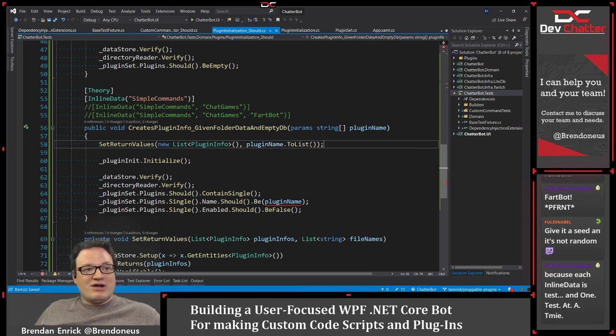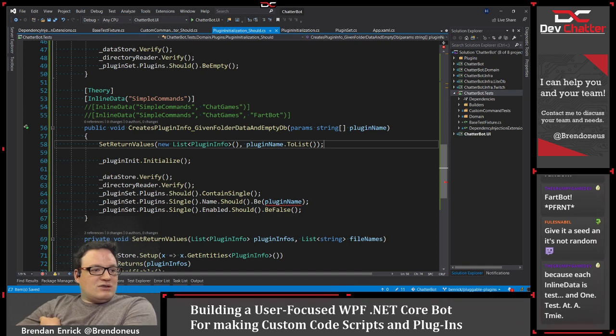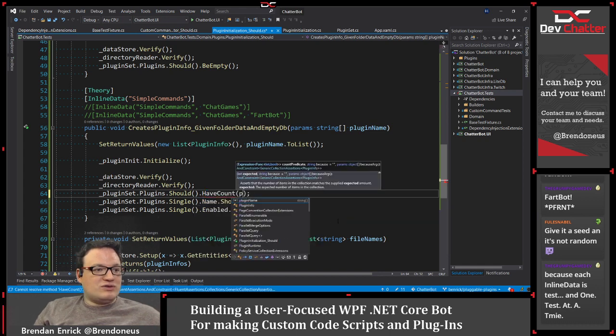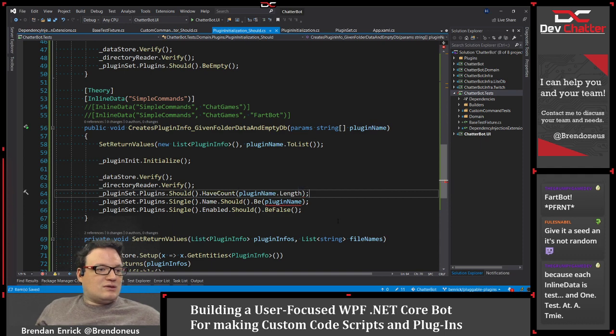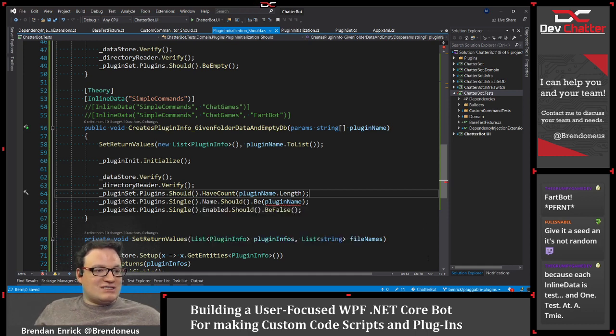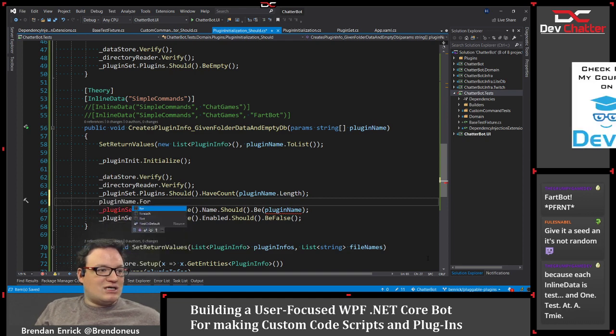So I'm going to take that array, make a list out of it to pass it in there. And then in here, I said should contain single, have count equal to the plugin name count. And then on this one, I should say not single, but for each one of these, that should be the case. So plugin name for